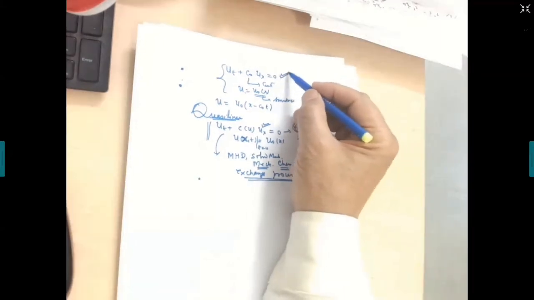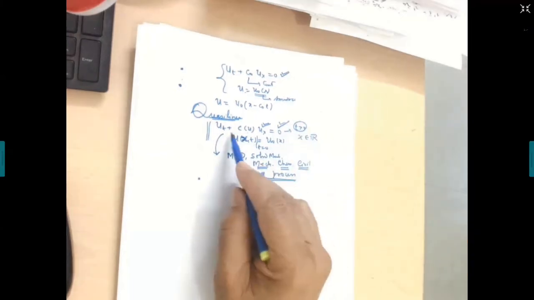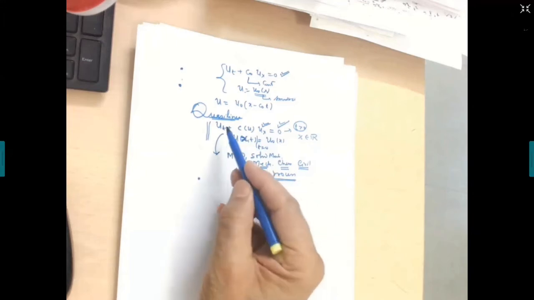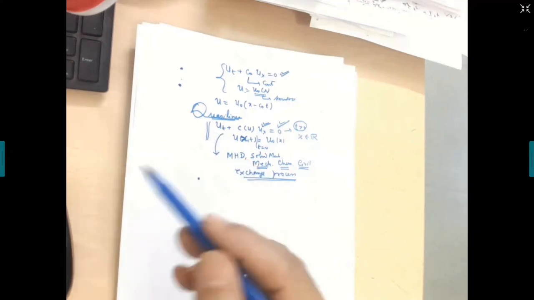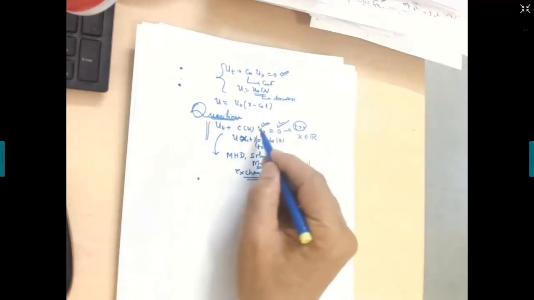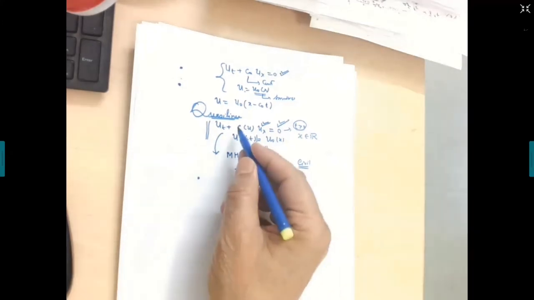It is governed by a differential equation of this kind. The evolution of u at later times is governed by this equation. What is u? u is the density of the material present in the fluid. The evolution takes place according to this law. Now we know how to solve it. We have understood the method. So from here it is very clear.